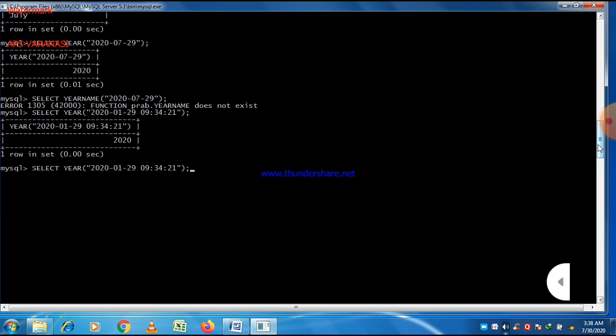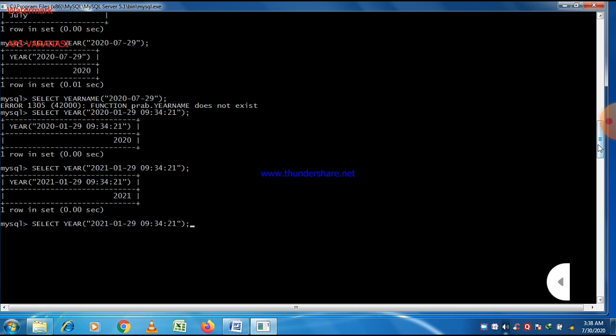And the third example is with current date. There is a function named current date. Now let us check the year again. When we change the year, the year will change here. 2021 is the year.